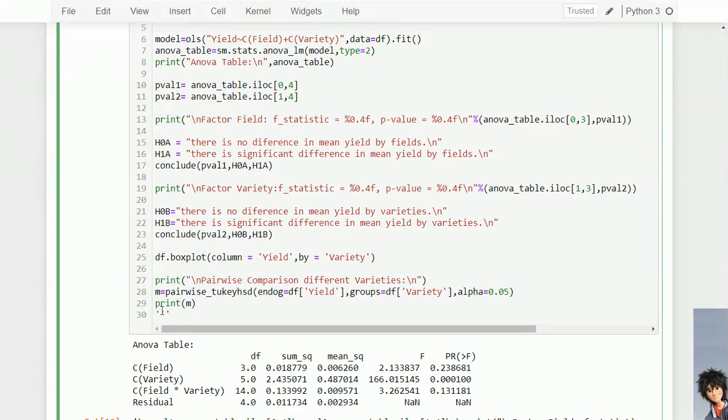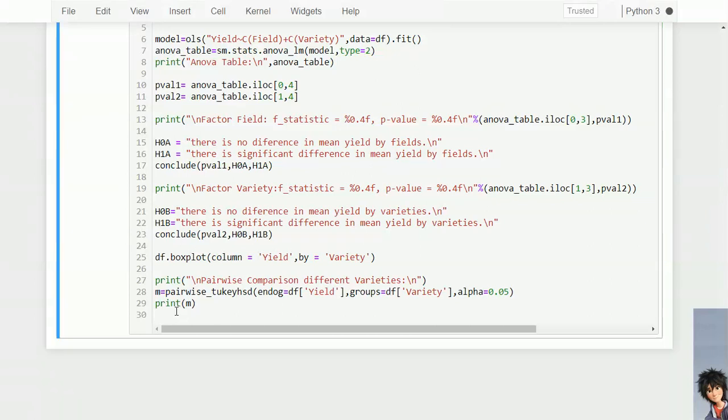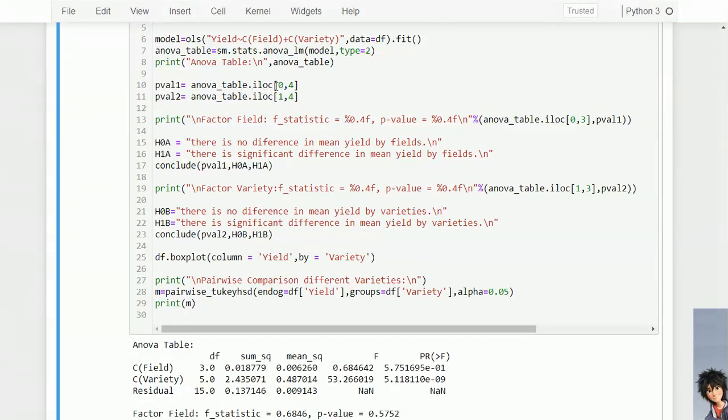I am more interested in saving my degrees of freedom. Find the p-value for the rows, that is field, and for the variety: p-value 1 is for the field and p-value 2 is for the variety case.